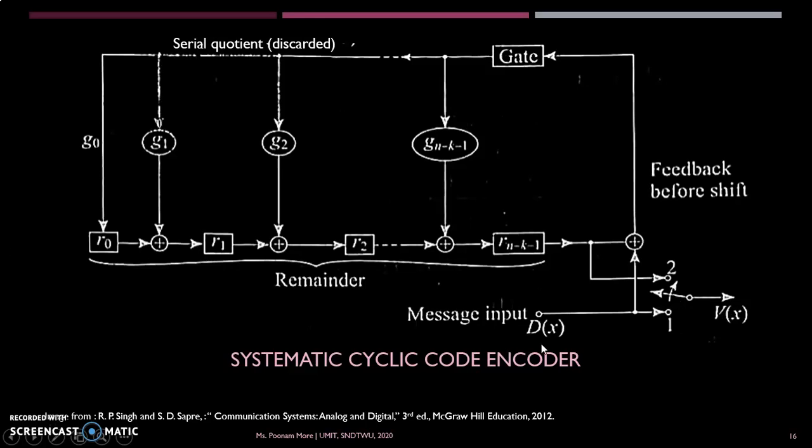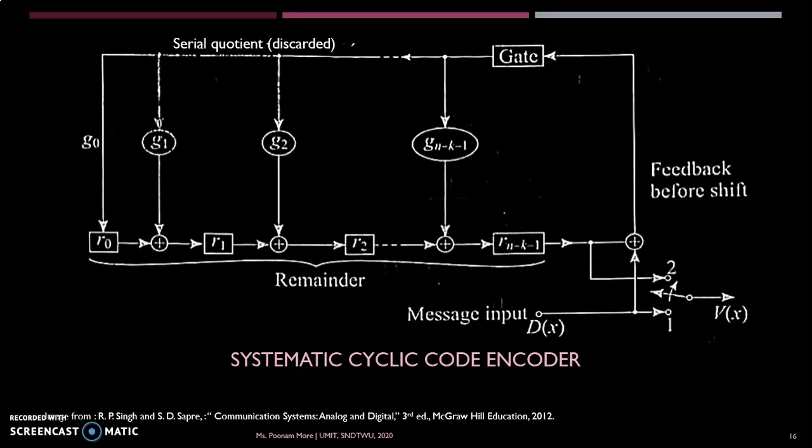The message bits are sent in an order such that the bit at position DK-1 will be the first bit available on the communication channel and in the system, and the bit at position D0 will be the last bit available on the communication channel as well as in the system.